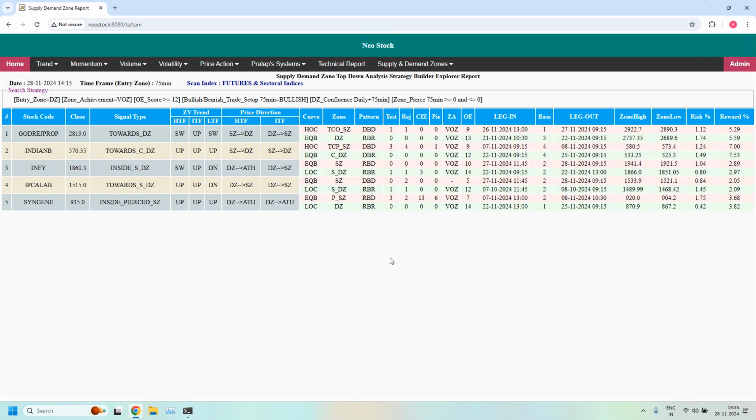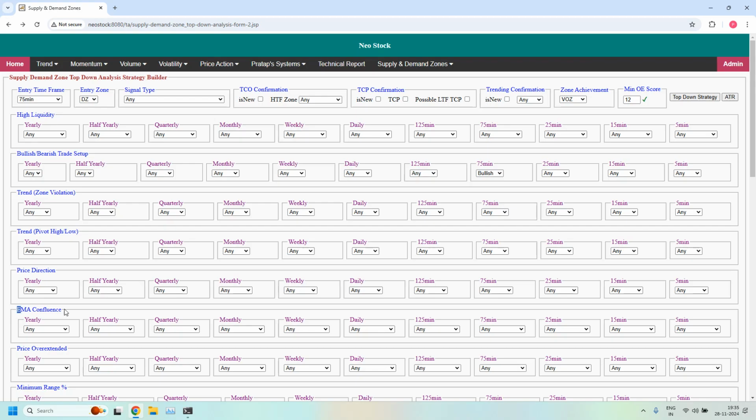5 stocks are filtered. In all these 5 stocks, the entry time frame 75 minutes demand zones are part of the daily demand zone, and daily trend is up in all the 5 stocks. That's why if any of these stocks are having daily EMA confluence, they are even more high probability trade setup supported stocks. Let's verify. In the EMA confluence, because 75 minutes entry demand zone is part of the daily demand